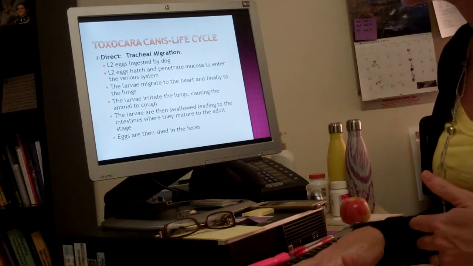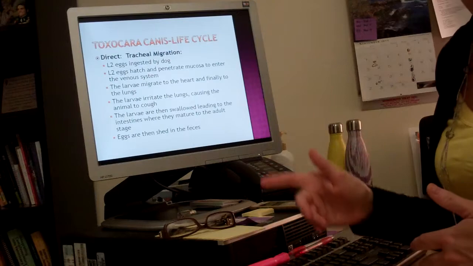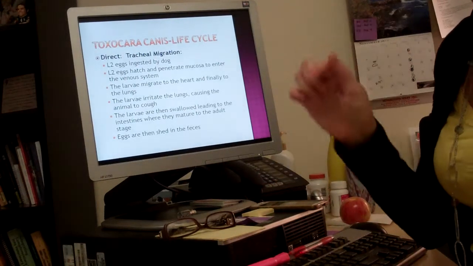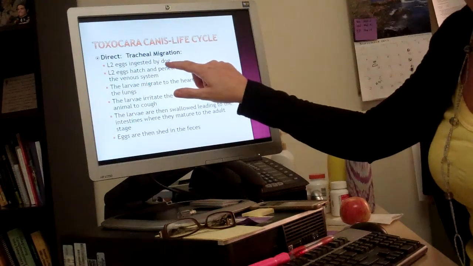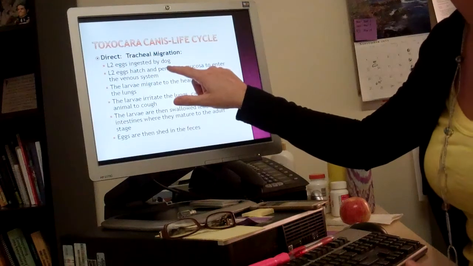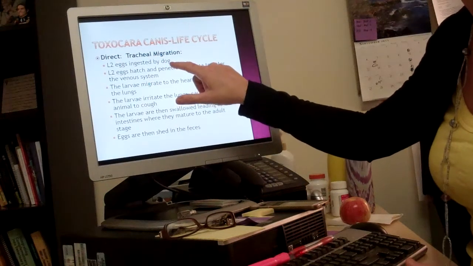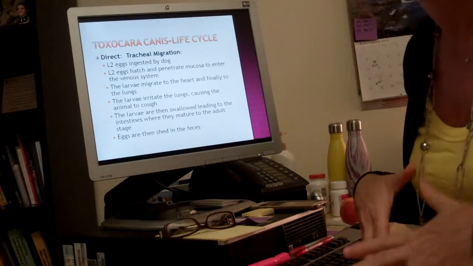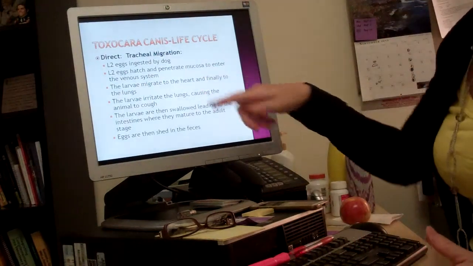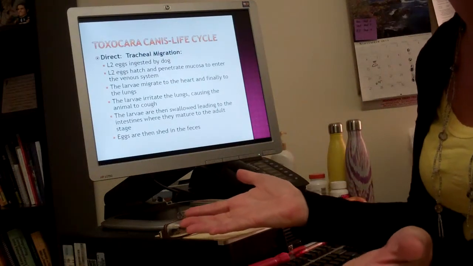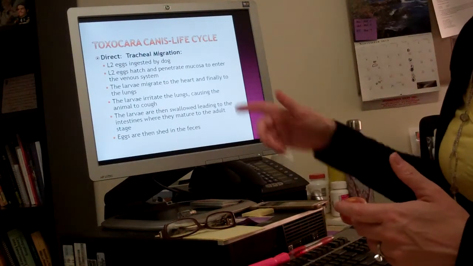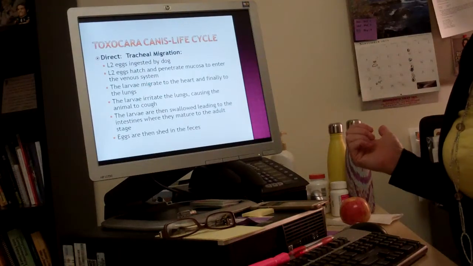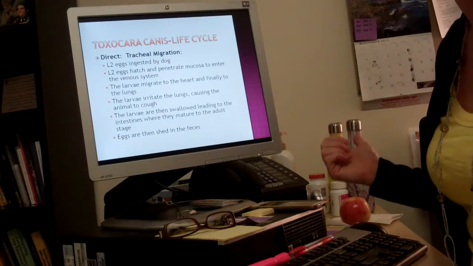That egg is defecated out in the feces. That egg is going to mature to that stage where you have that larva inside. And Phoebe would have needed to ingest that infective stage. That egg is going to go down the esophagus, down into the stomach, down into the small intestine, which then the larva is going to kick open that membrane and emerge and ultimately penetrate the intestinal lining, the intestinal wall,